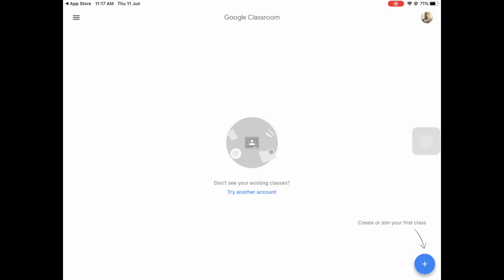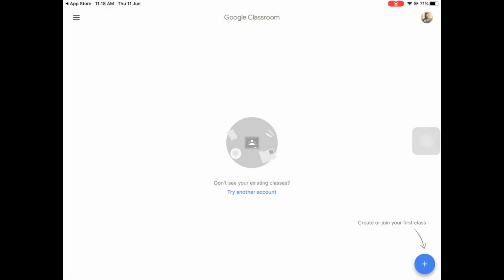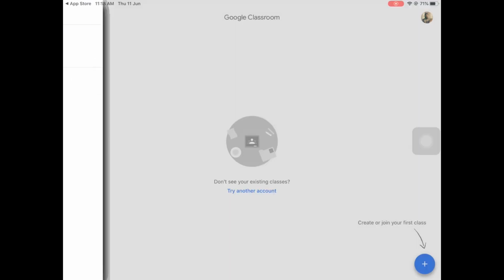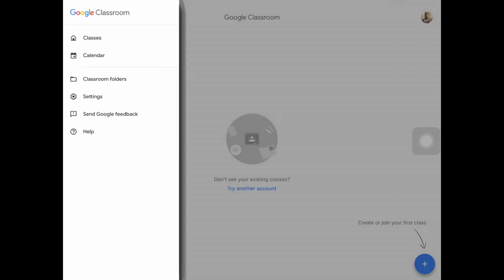Now you have the Google Classroom interface. Make sure that you have logged on to your Gmail account by clicking on the top right corner. Click on the three lines on the top left corner to view the different sections in Google Classroom. Since you are a student, you only have to look into the classes section and the calendar section. In the classes section, you can view all your active classrooms. Currently, you have not joined any classroom, that's why it is empty. The next one is calendar, where you can view all the different calendar activities.